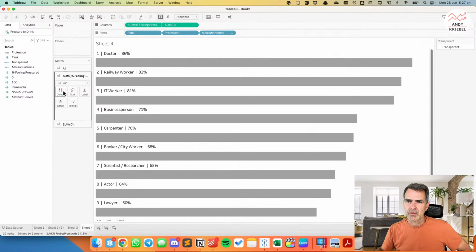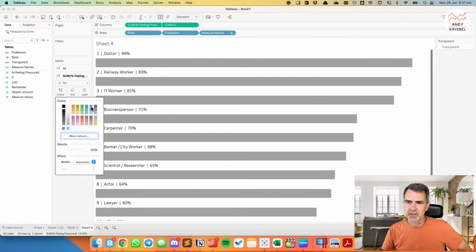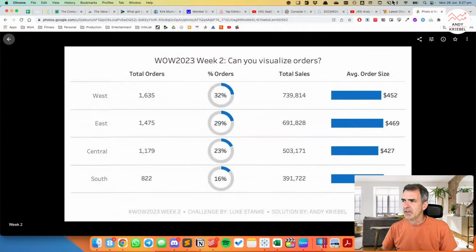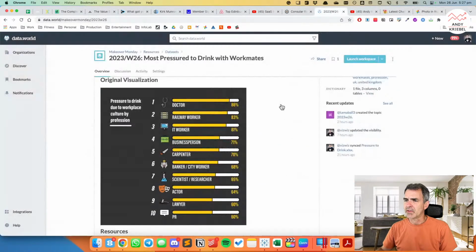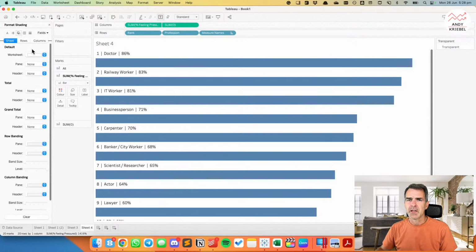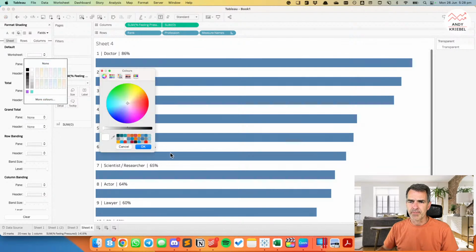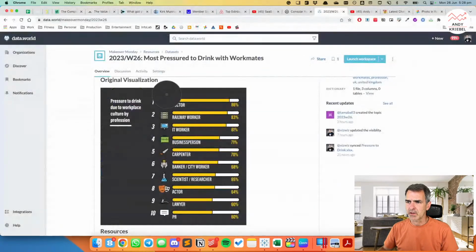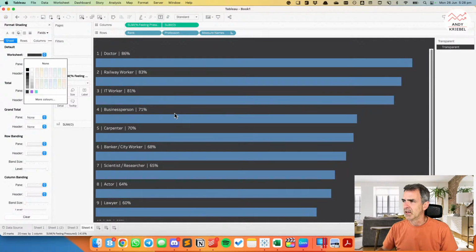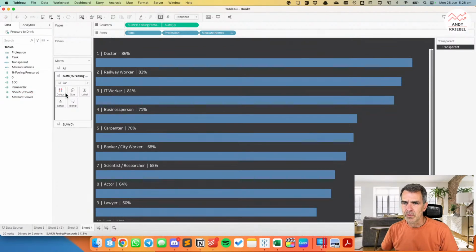So we can change the color of this. Let's maybe make it blue. And we could even maybe try to match the original here. Let's see. So if we go with a black background, let's format the view and I'm just going to color pick that. Okay, and then I want the yellow. So we want to go,